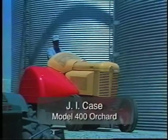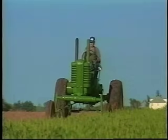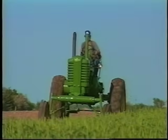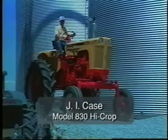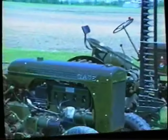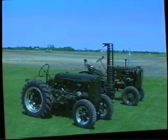Orchard tractors had extra sheet metal to keep branches out of the wheels. High crop designs worked over taller and taller crops. Any higher and you'd get a nosebleed. They were used on battlefields after being painted olive drab and dropped by parachutes secured by special rings welded in